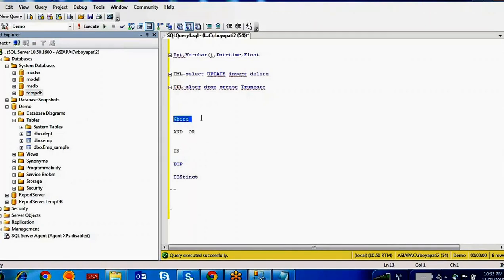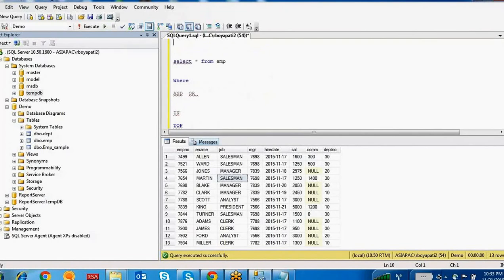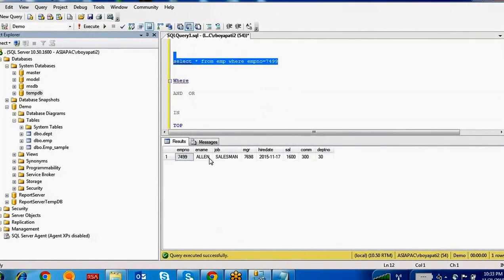Already we have written the where condition, right? The where condition is going to filter the data. Select star from emp table. If you run this, this is the data, right? If you want to see only a particular employee number's information, how can you write the where condition? You have to write it by using the where keyword: employee number equal to 7499. Yes, it is giving the entire row. Got it? Because you are putting select star here. The star means it will give all the columns in the particular table, right?